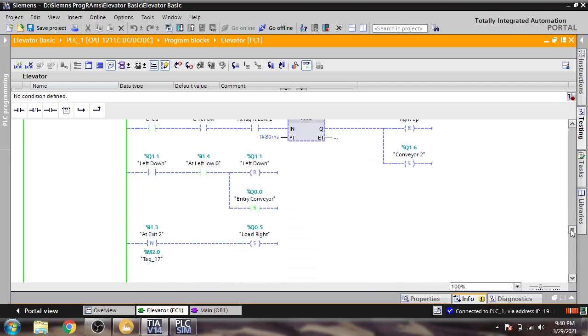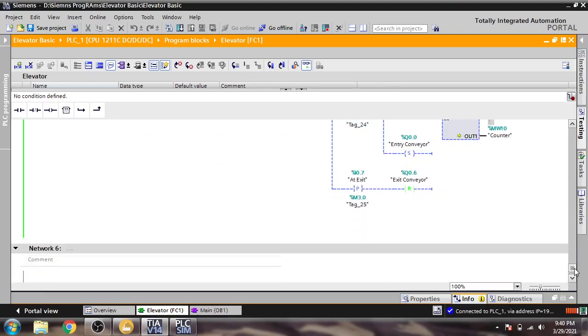That is the same logic we are going to use.